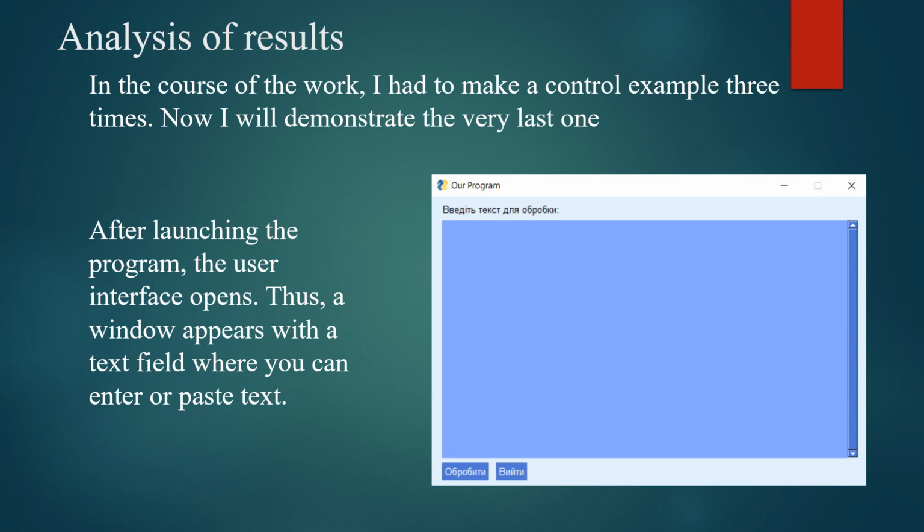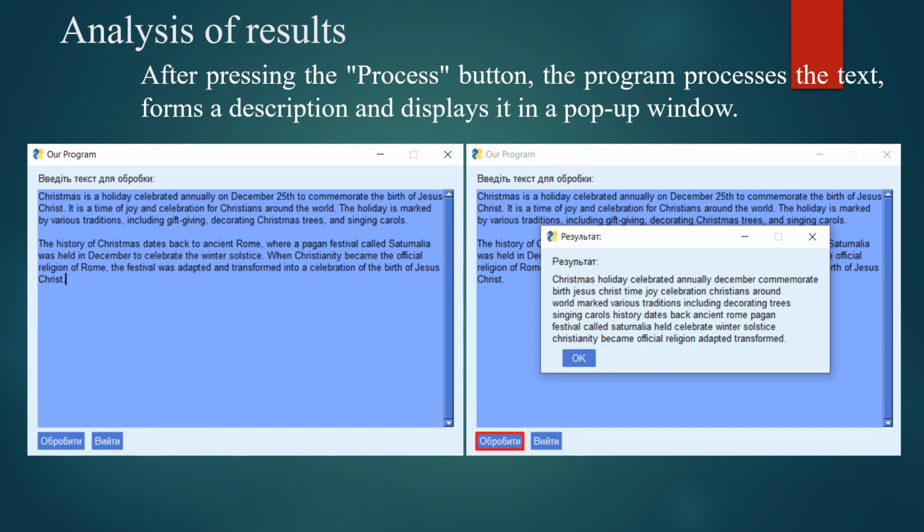Now I will demonstrate the very last one. After launching the program, the user interface opens. Thus, a window appears with a text field where you can enter or paste text. After pressing the process button, the program processes the text, forms a description and displays it in a pop-up